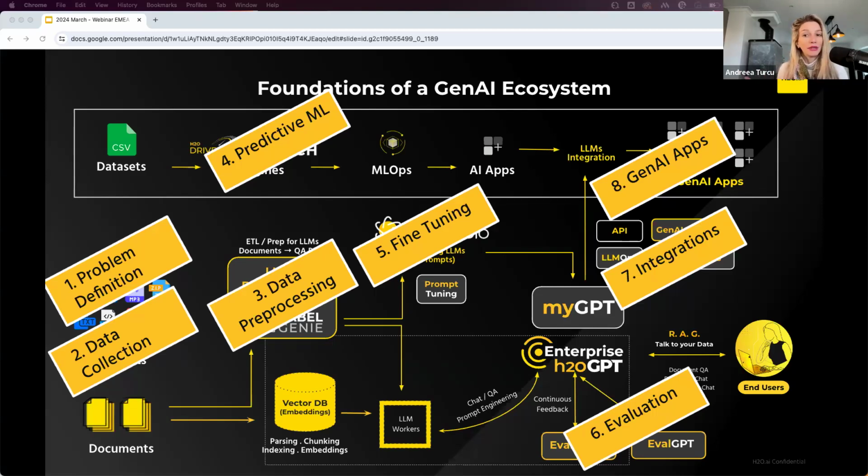Fine-tuning hyperparameters, adjusting model complexity, applying regularization techniques to optimize model performance: all sorts of techniques that might improve your models and the output of your models. Then fine-tuning in the context of LLMs is just a way to take that model and adapt it to a